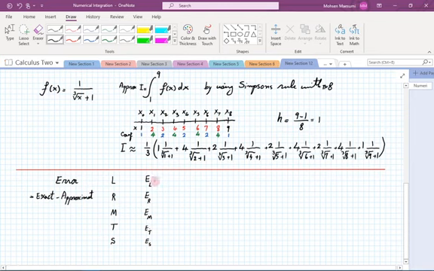When we looked at those pictures, you remember that the left and right, one was underestimating, the other one was overestimating. So that means if you actually go ahead and calculate EL and ER, they are going to have different signs. If one is over, the other one is under, then one's going to be positive, the other one's going to be negative. These two also, in general, have opposite signs. We don't have a pair for this one right now, but